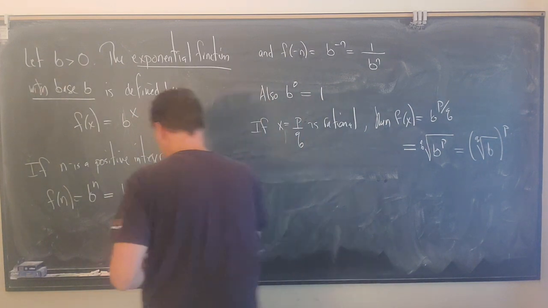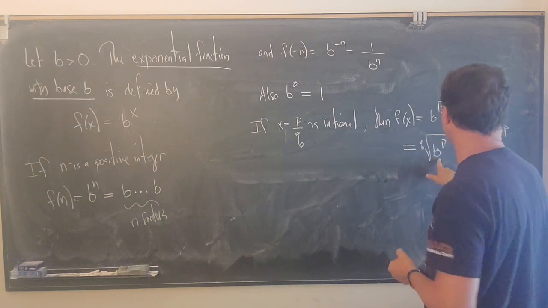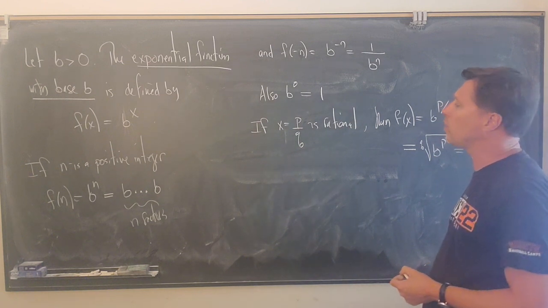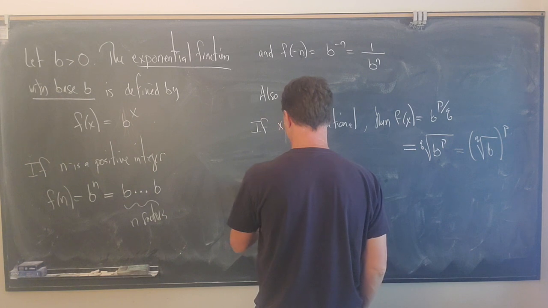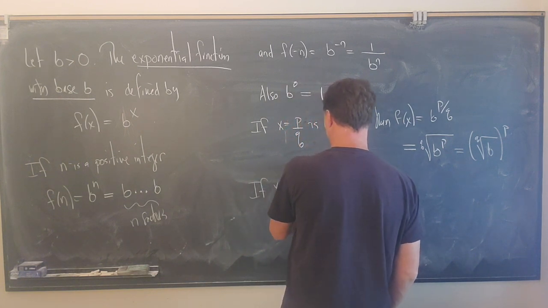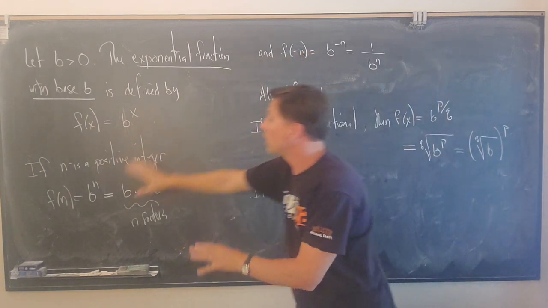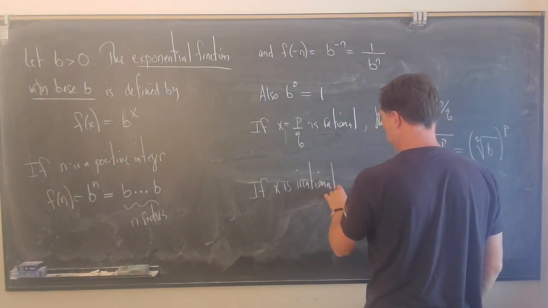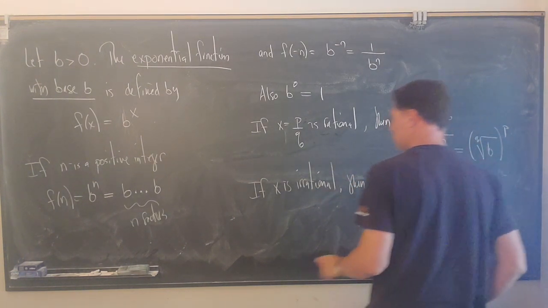So all of these make sense. We know what nth roots or qth roots are. We know what raising numbers to powers is when we've got an integer. And then the question becomes, okay, what if we take a real number? So if x is irrational, we know what it means for rational numbers because we understand what's happening when we're talking about integers. So now if we take our irrational number, then there is